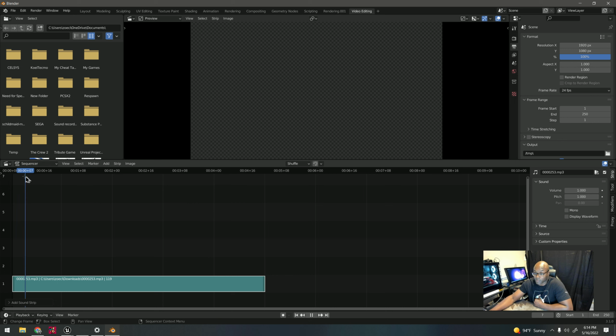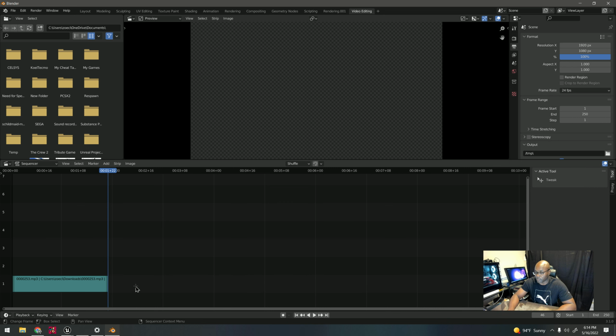Now I only want this first bit, so stop it right about there. Okay, then I make sure the strip is selected, and simply hit K. That cuts it in half. I have two pieces now to the sound. I only want the second one, so I'm going to just delete that one. Now if we hear it,